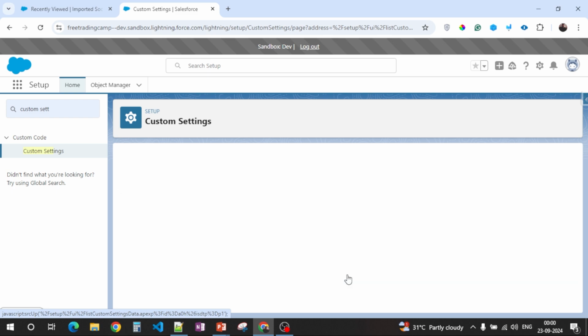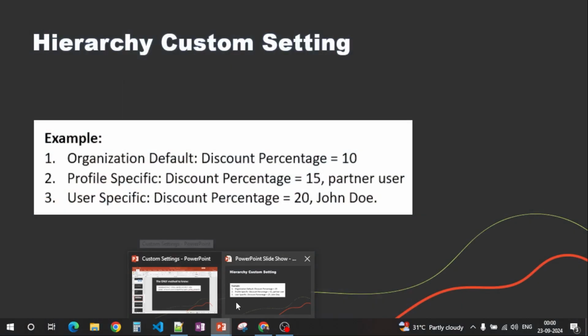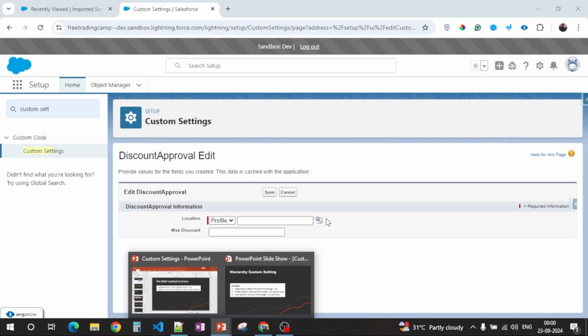So I'll click on new again. And now, in list custom settings, you see the name field here. But in this case, since it is a hierarchy custom setting, you'll see profile or user specific discount we can give. That's why we have these two options. So let's say for the profile, we have a special discount which is 15% for partner user.